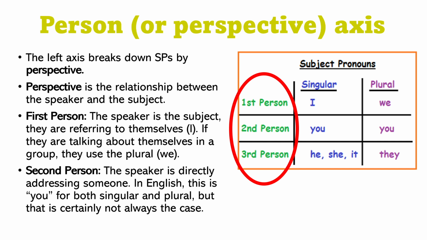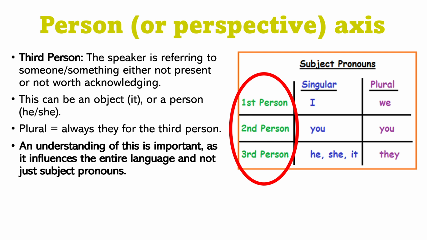Second person. We talked about first person, this is second person. The speaker is directly addressing someone. So, with the second person, you're talking straight to someone. You're not talking about yourself, and you're not talking about someone who isn't there. You wouldn't say you to someone if you're talking about someone that's not there. That's just weird. So, you did this, or if you're talking to a group of people, it is, again, you did this for the plural. That's basically all there is for second person. Second person isn't really used in literary works, like books and stuff. They're mostly either from an I perspective or just talking about the person in third person.